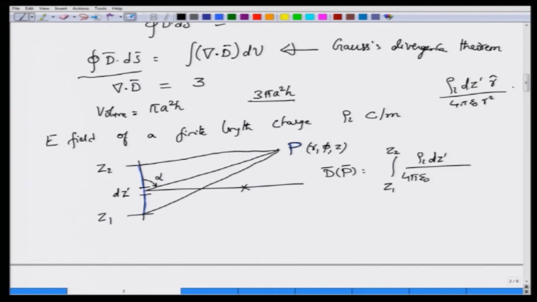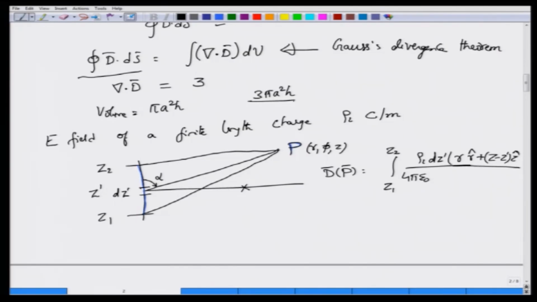This is Coulomb's law. So, if you apply that Coulomb's law to this one, you are going to evaluate the vector distance from dz prime to point P, and that is given by r r hat plus z z hat, or sorry, this is the point at any z that I am considering, whereas the location of dz prime is at some z prime. So, this would be z minus z prime along the z axis